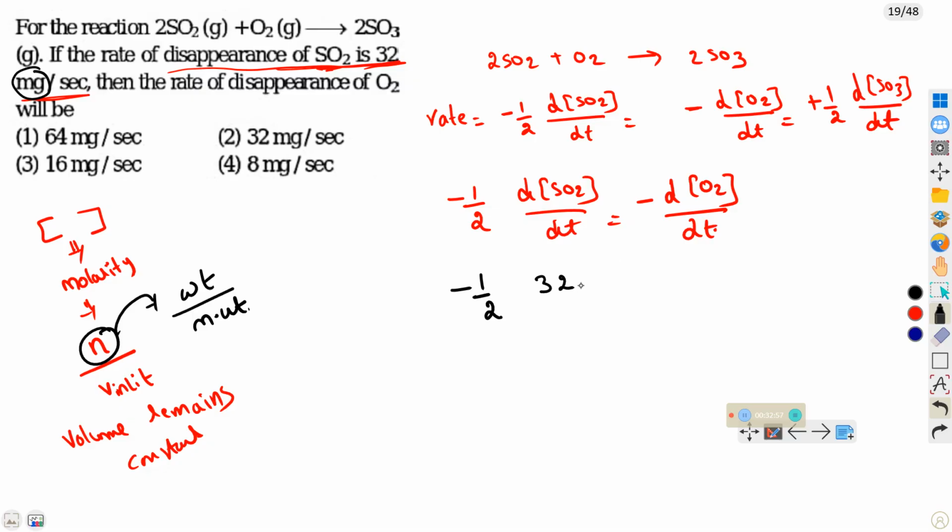Otherwise, convert to grams: 32 into 10 power minus 3, weight by molecular weight. Molecular weight of SO2 is 64, is equal to minus